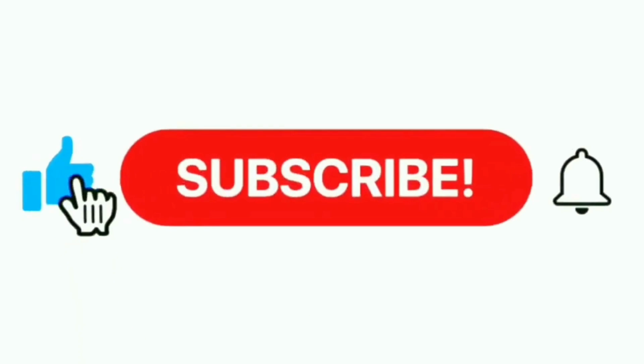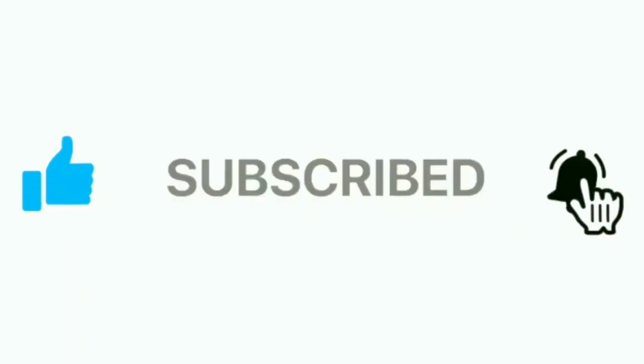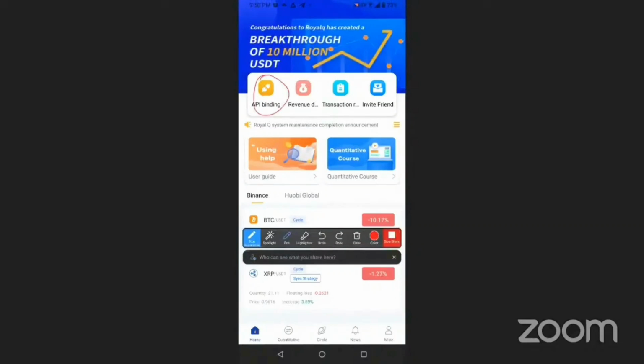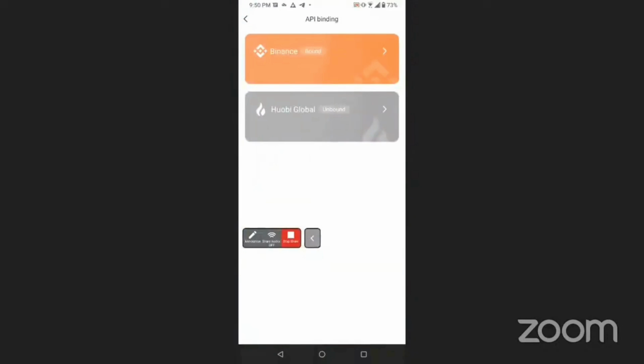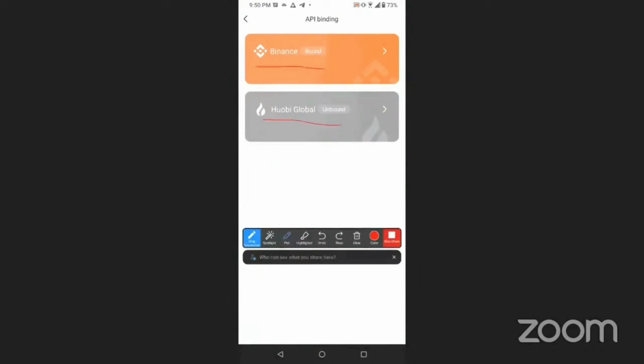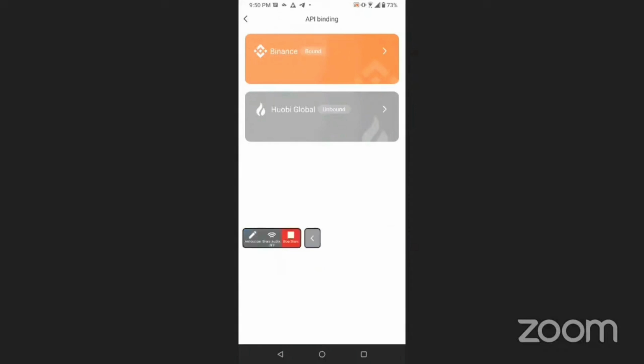Before we go to all the personal settings, let me just show you the first thing, which is how to bind, okay? So for binding, when you click the orange button just now, guys, you'll be able to see Huobi and Binance. Best part, guys, if you have an account in Binance and also Huobi, you can connect both of your accounts to one bot, right? That means one bot works in 2 accounts for you, helping you do trading in 2 accounts, okay? That's the best part. Now, I'm just going to show you how to do the Binance binding, okay? So we will click on Binance.